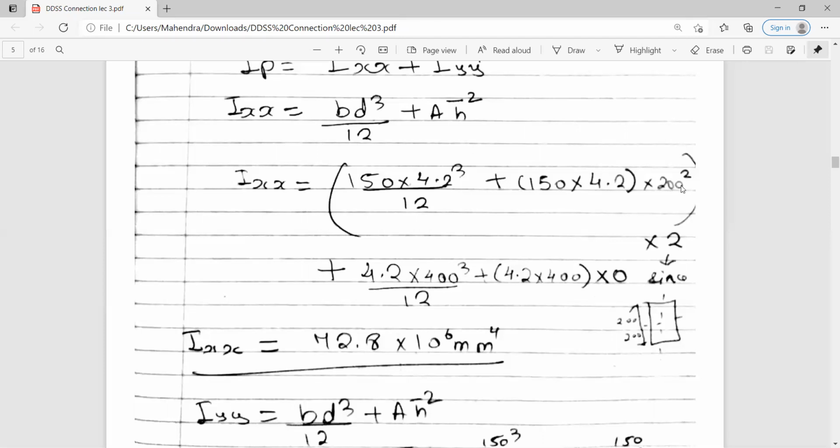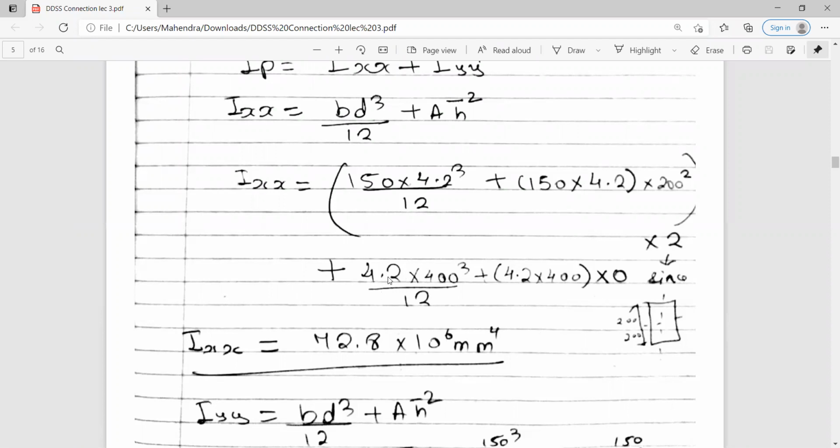H1 is here 200, as you can see ये आपके पास diagram है. So this is your H1, that is total height by 2, that is D by 2. H1 का formula कितना रहता है? D by 2, that is 400 by 2 square. अभी यहाँ पे multiply by 2 क्यों किया? Because ऊपर का और नीचे का same size है, that is 150. So we are not writing it again, we are directly multiplying it by 2.